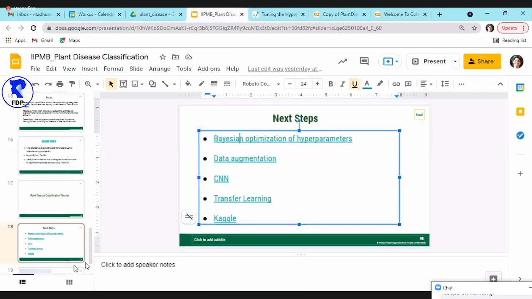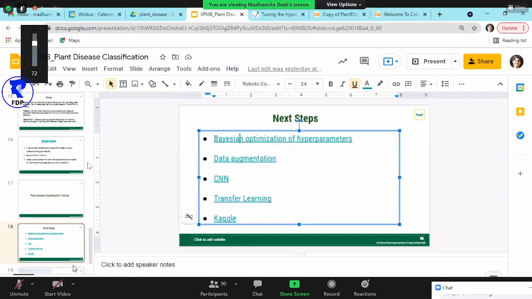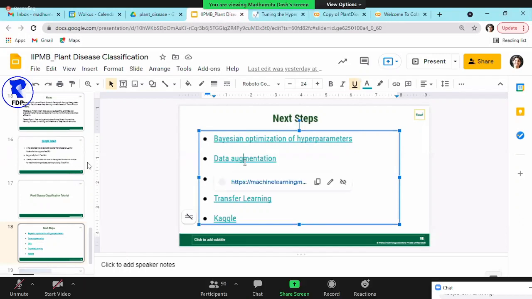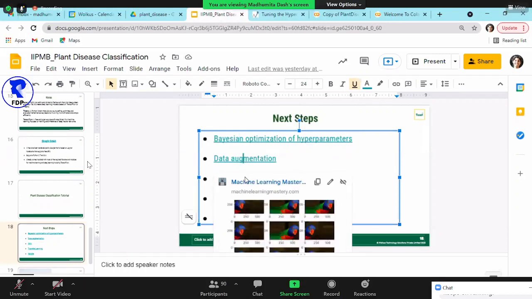Another thing is, if you remember, in the beginning I mentioned that we don't have a lot of data. Usually these deep learning models are very good, but they need a lot of data. They will need at least 10,000 samples, but we only had some 1,800. So when you have less data, you can use something called data augmentation.